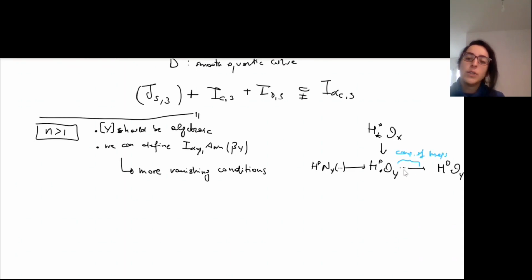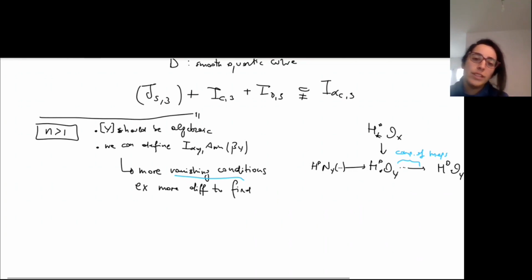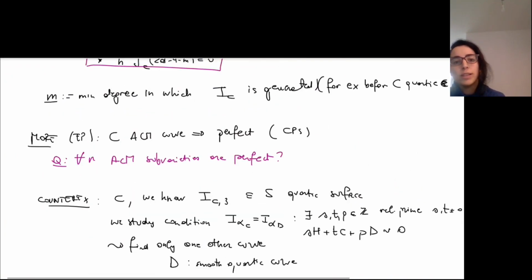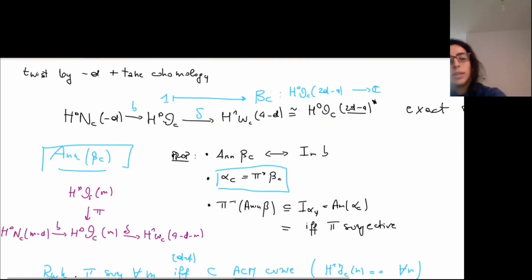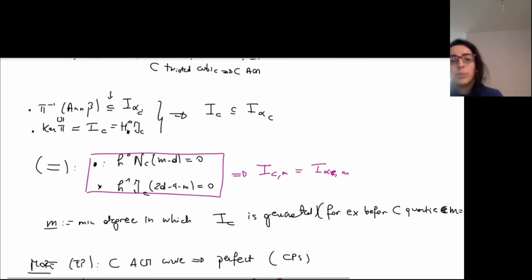because it's longer. So here we have to deal with vanishings and we have to be careful of speaking of what we have here. So we have more vanishing conditions that give examples more difficult to find. So we already have an algebraic description of the ideal, the alpha y. What is worth about this description is that using this constructive method, we can exactly make computations and examples